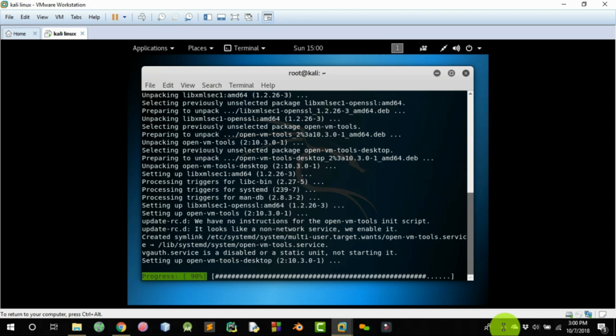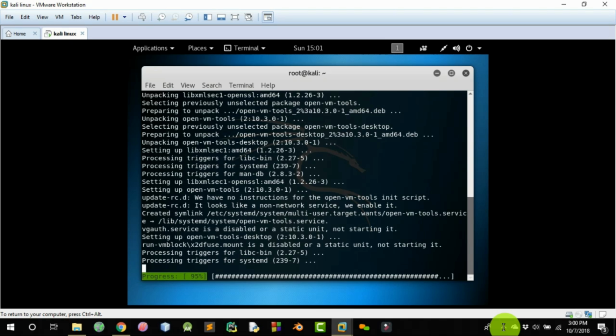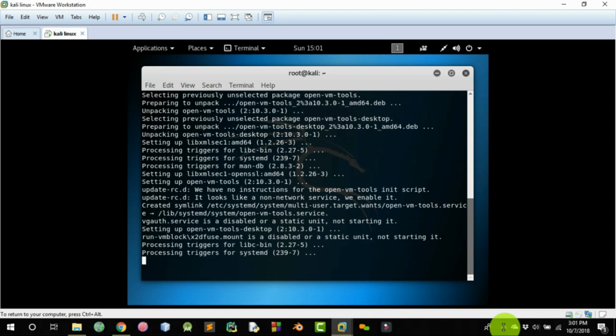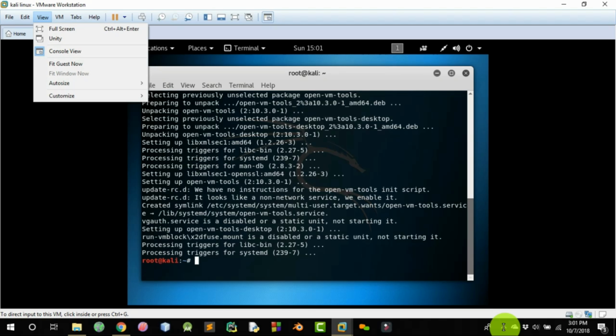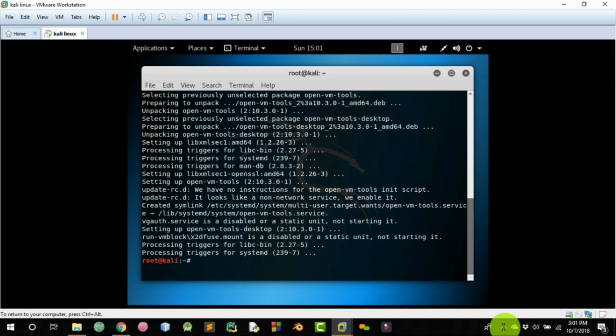Now the required softwares to do that. Okay, good. Now this is how the magic looks like. You click on Fit Guest,